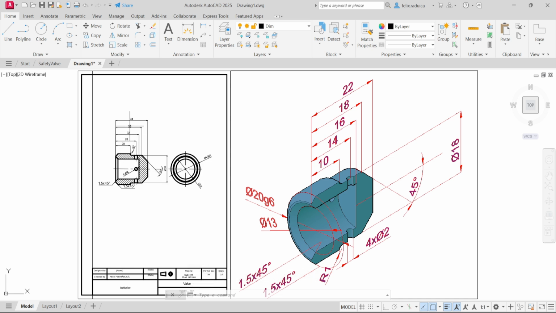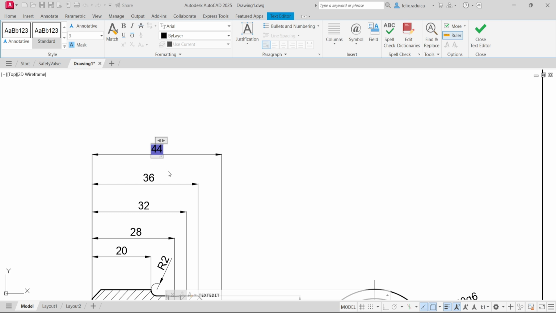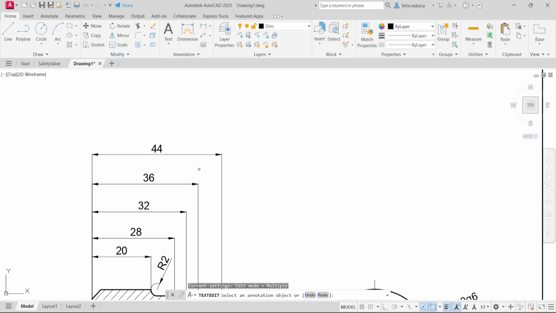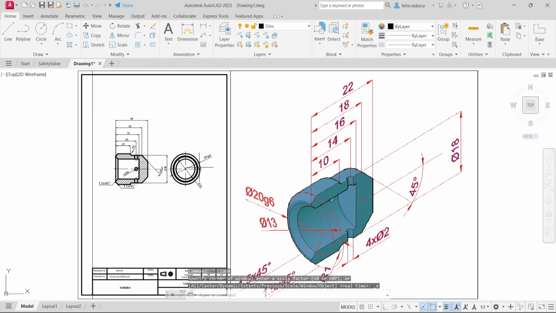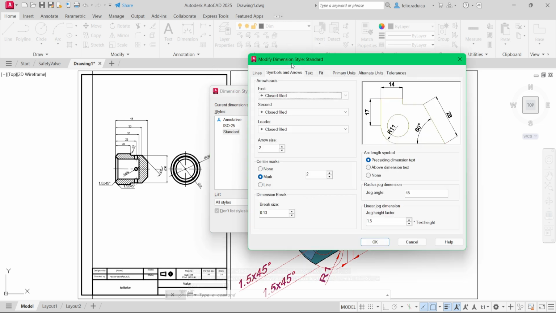So we can try either to go and double click on each of the dimensions, delete the value from the dimension and add in the proper one, or we can go to the style manager, the dimension style manager,